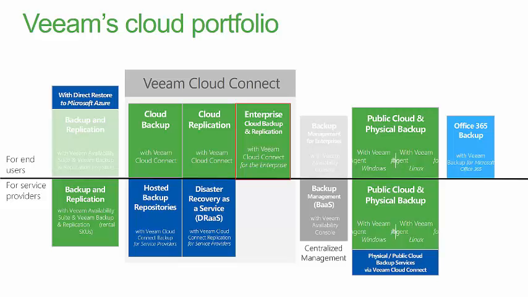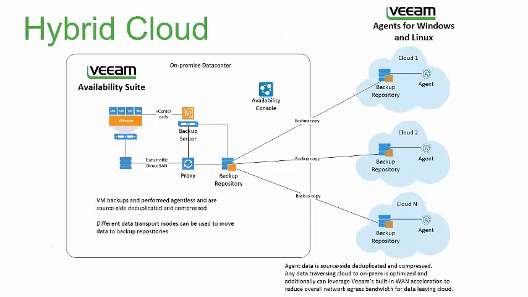We can do Office 365 backup, but where are we backing them up to? We're backing them up to cloud repositories, or we can send the data back down on-premise. So this is our hybrid cloud viewpoint. Cloud 1, Azure, Cloud 2, Amazon, Cloud 3 is going to be, I don't know, Rackspace, whatever you want it to be. But you can use our technology and that of StoneFly to have the best combination of backup